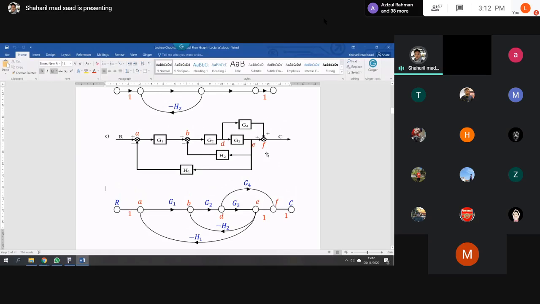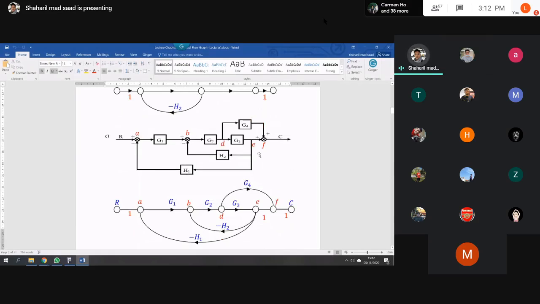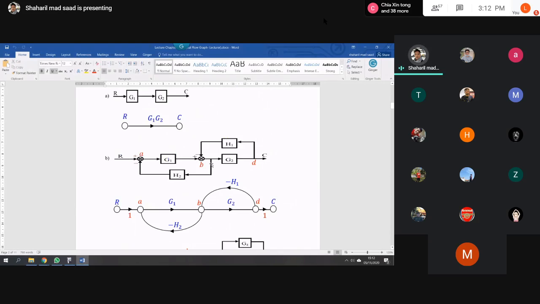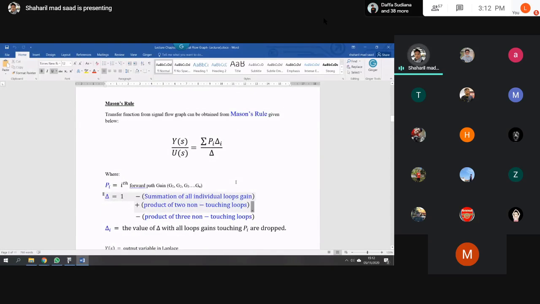So I give you some tips. When you find this junction and summation, I suggest you do not combine the junction at the left. If you find the junction at the right or the summation, you can combine. It's fine. So when you have the signal flow graph,